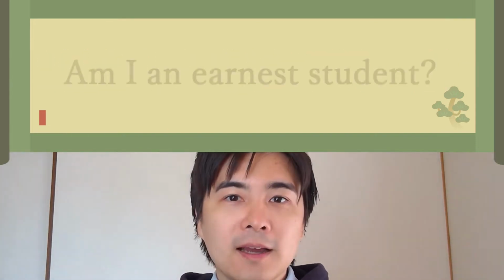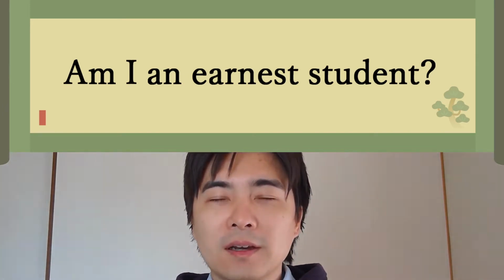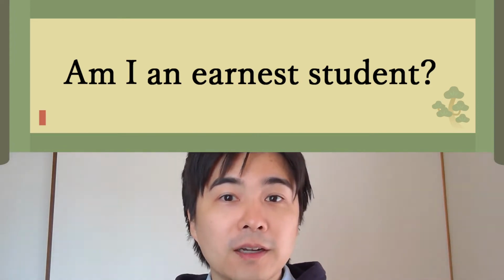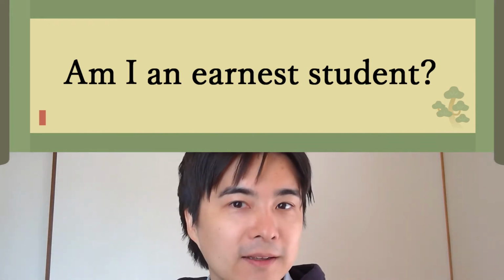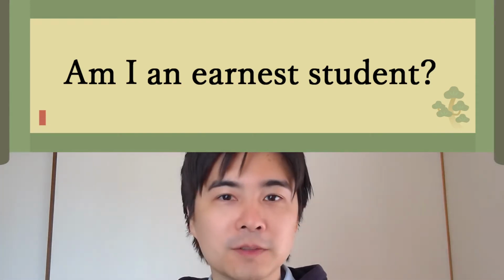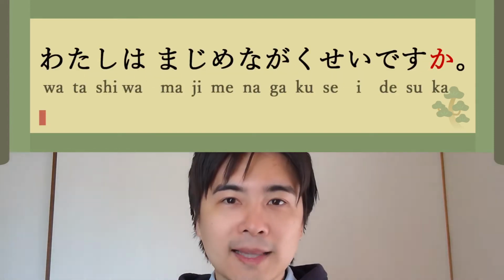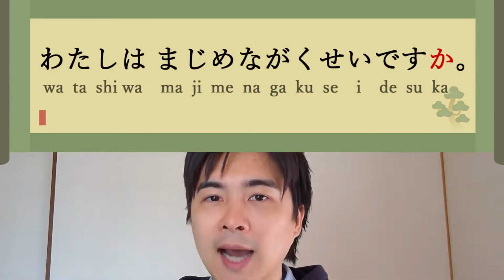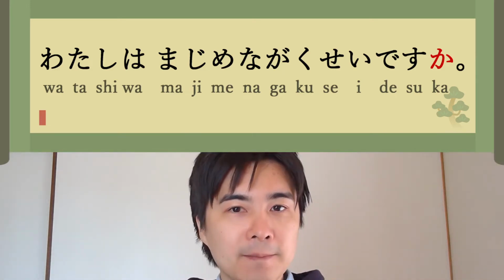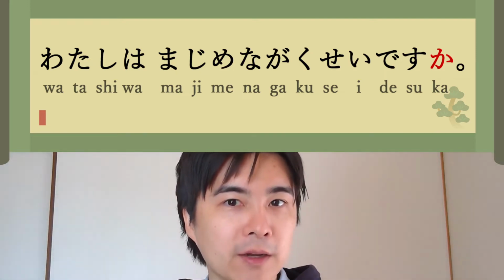Let me ask the last question. How do you ask, Am I an honest student? In Japanese. If you remember the question marking particle ka, this question is probably not that difficult. If you want to think for a while, please stop this video. So the answer is 私は真面目な学生ですか？When you want to ask a question, you just need to put the question marking particle か at the